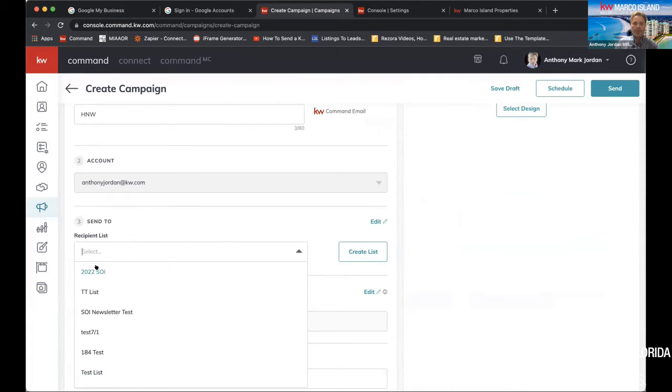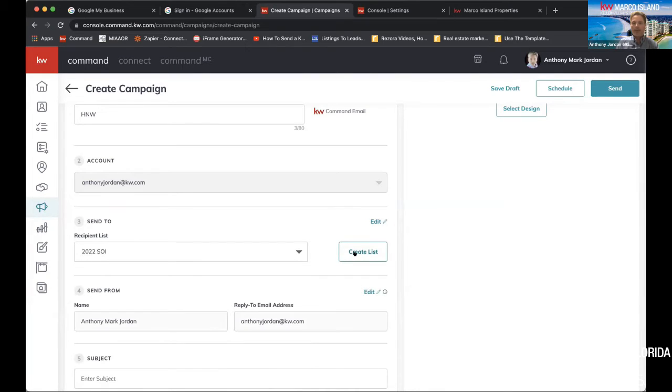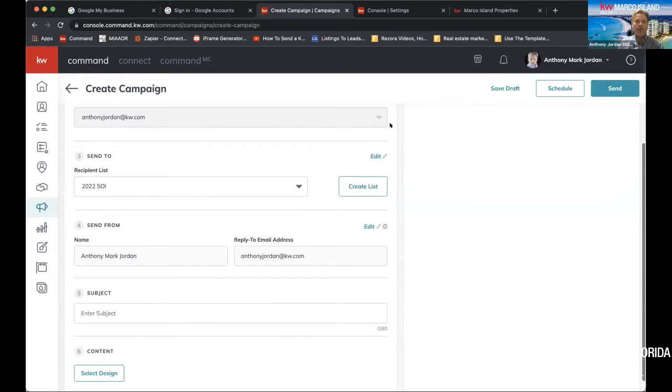That's why it's important to save your list. So here's my SOI, here's my newsletter list. I don't need to create it at this point because I already just created it. I could edit it if I needed to add more people as more people come in, but it should add them automatically if you tag them correctly. This is only if you need to add additional tags to it, okay? So obviously, Happy New Year